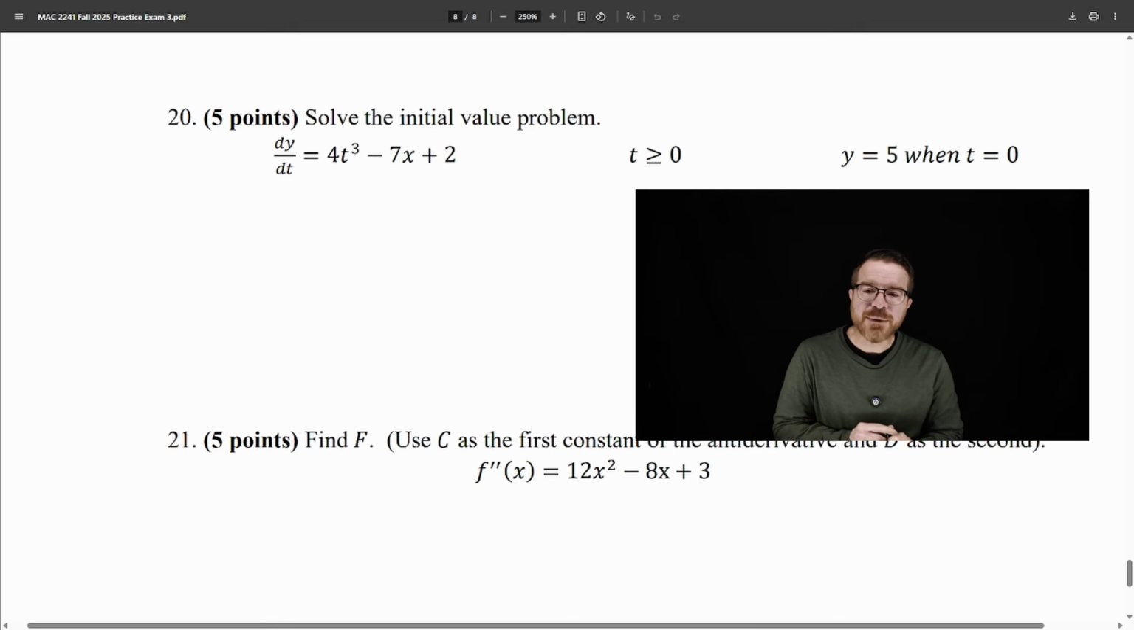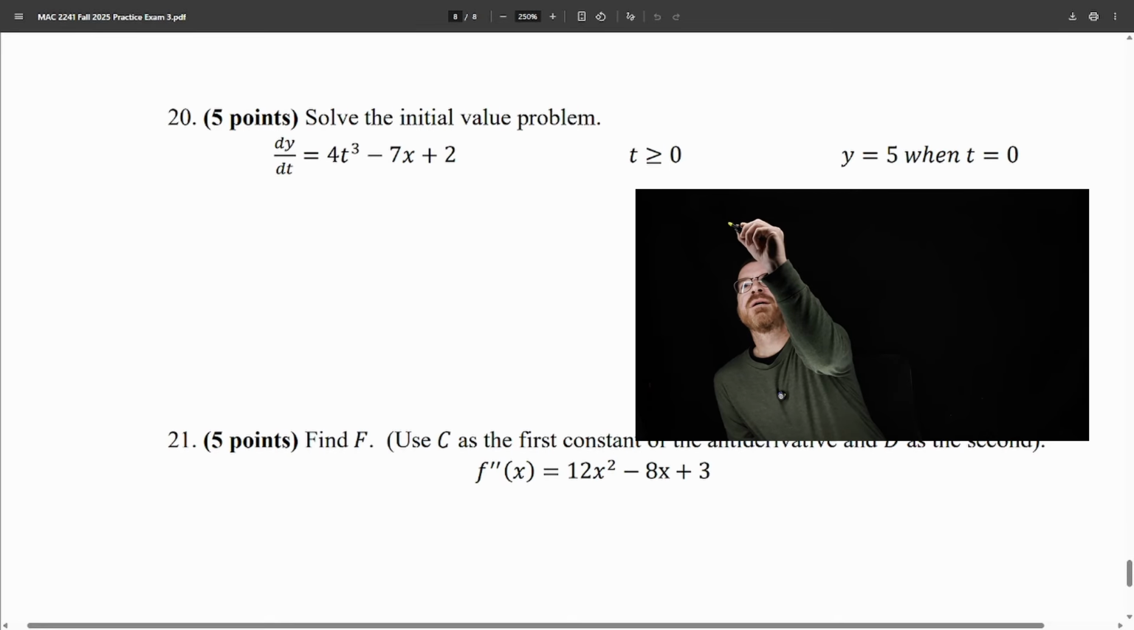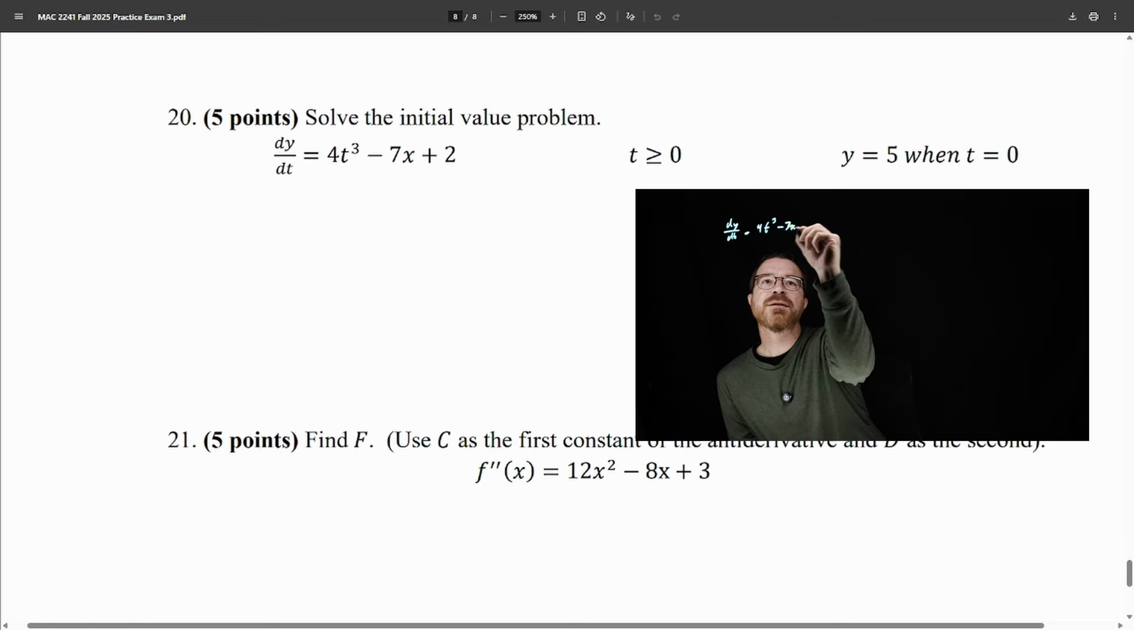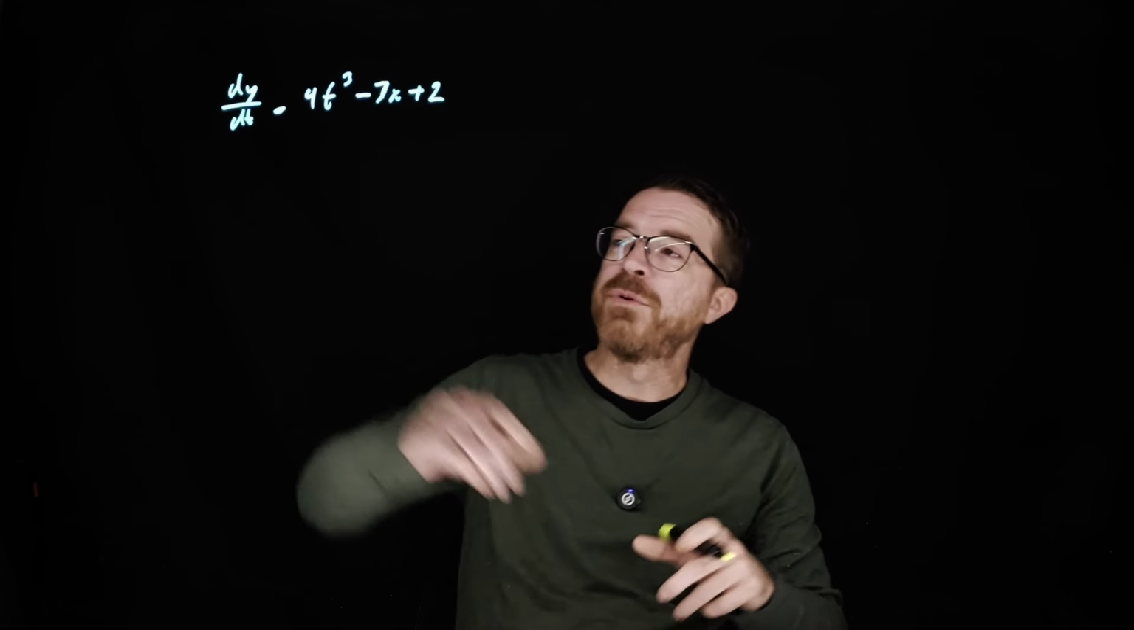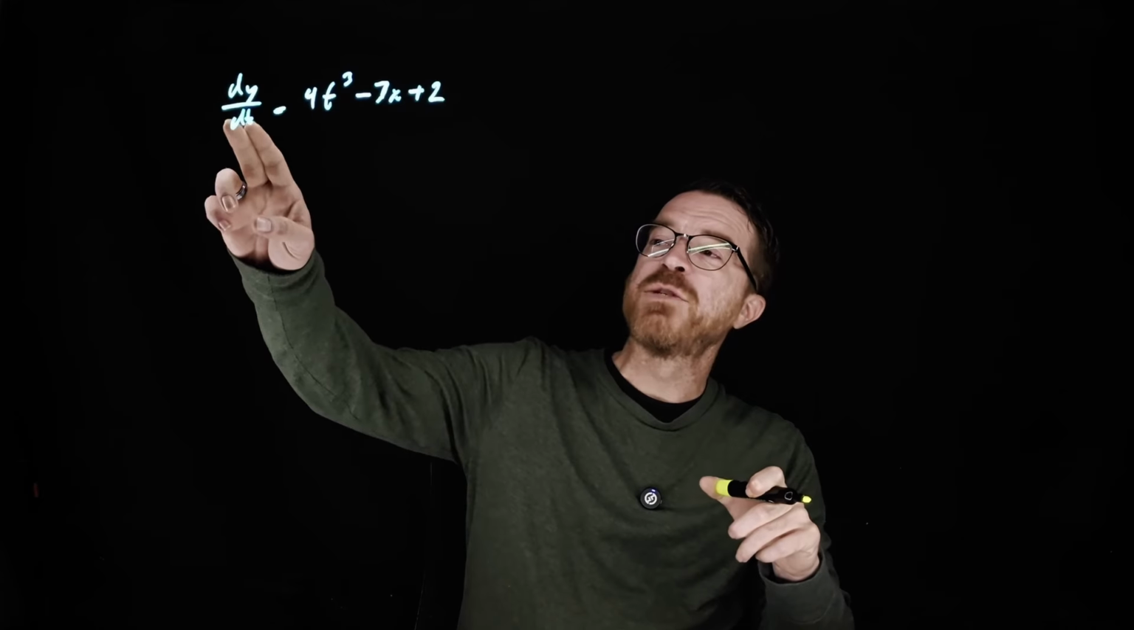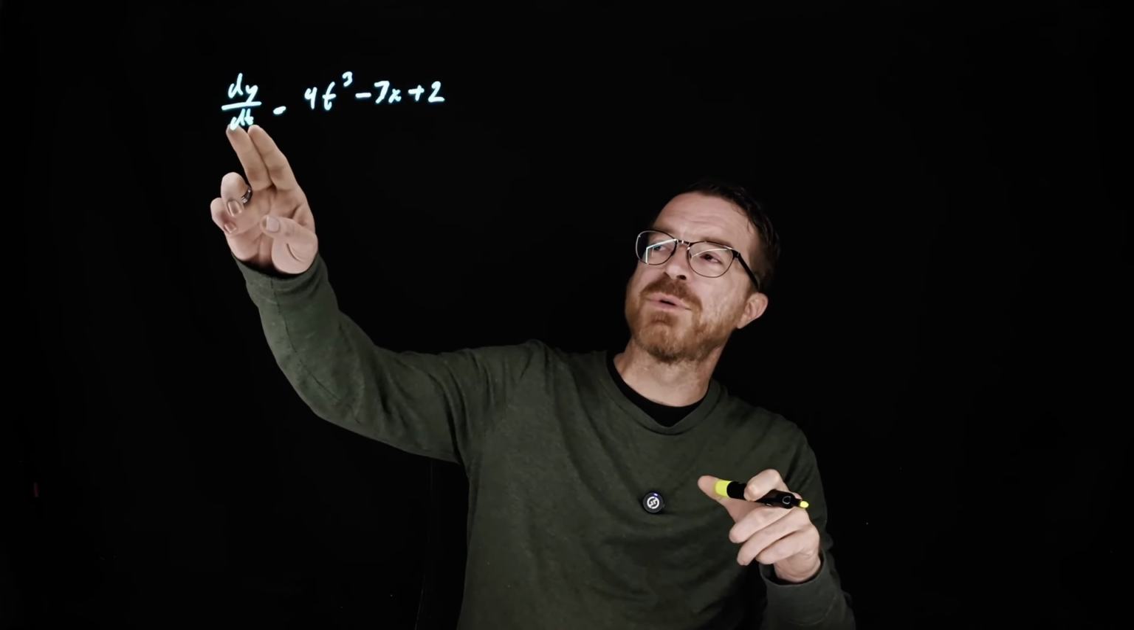Problem 20, same idea. We want to solve the initial value problem this time, though. This means that while we are going to have a plus c, we are going to be given specific values, which will then allow us to solve this. So we have dy dt is equal to 4t cubed minus 7x plus 2. Now, if you'll notice, we have dy dt. That means we are taking the derivative with respect to